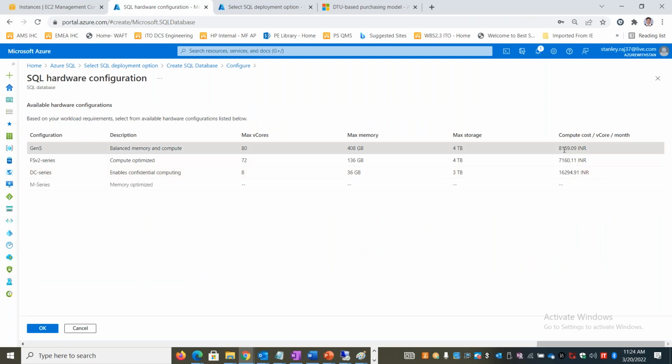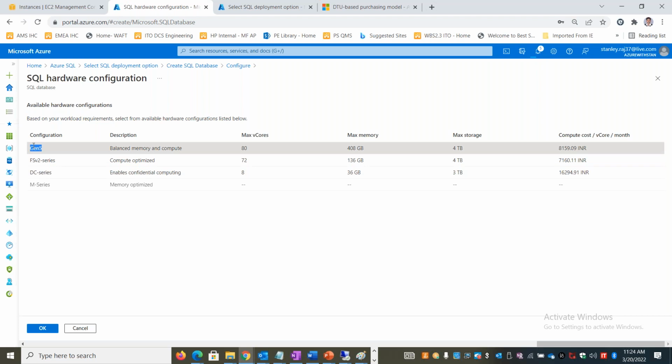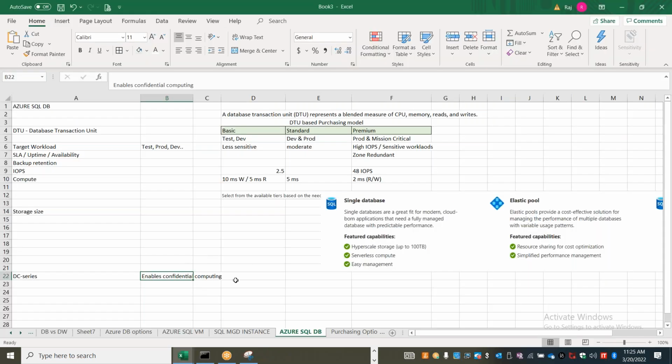This one is 8159 or 8160. This one is 16,300. It is exactly double the cost, but you are going to get fewer cores, less memory and storage. But the important thing is you are going to get encryption and confidentiality enabled at the hardware level, and no one can tamper with the data. But if you're just looking at performance and business critical workload, then you can go for general purpose version 5. You will get it for a lesser price, and you can consume more capacity. So it all depends on how you want to balance between